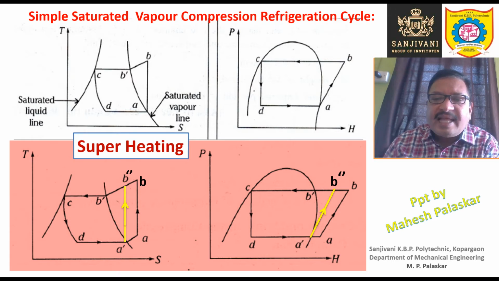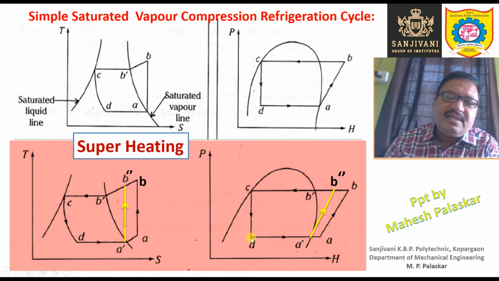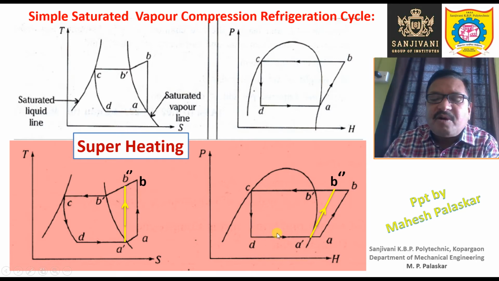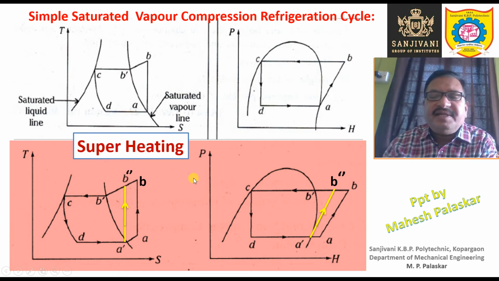And then the further processes of condensation and expansion, and in the evaporator the refrigerant evaporates, all these processes take place. So this is nothing but superheating the suction vapor